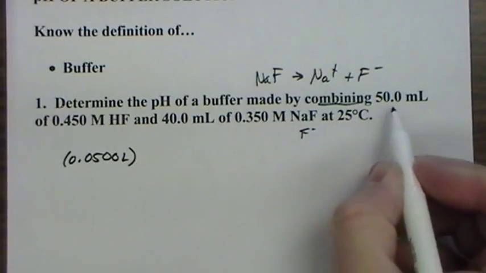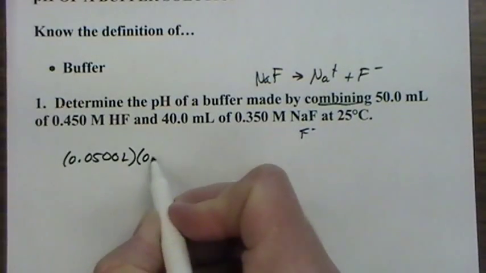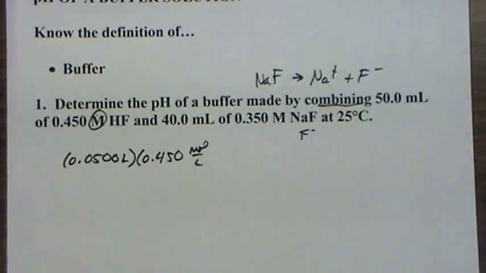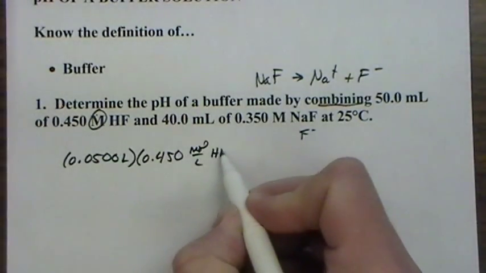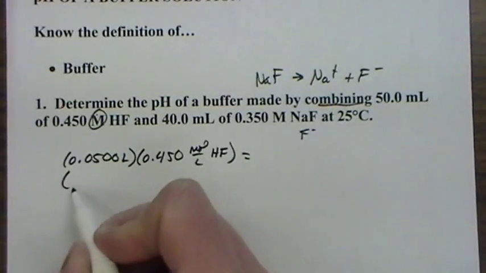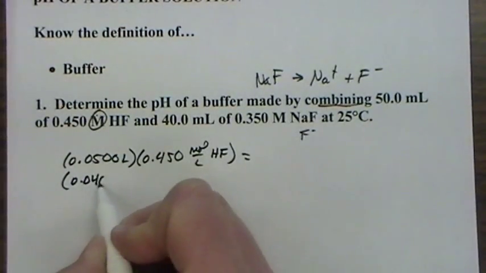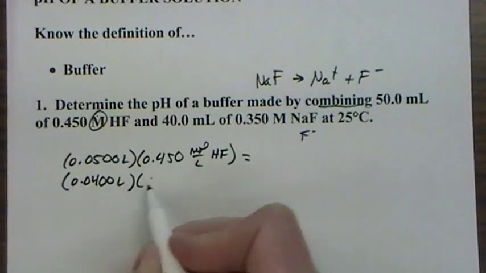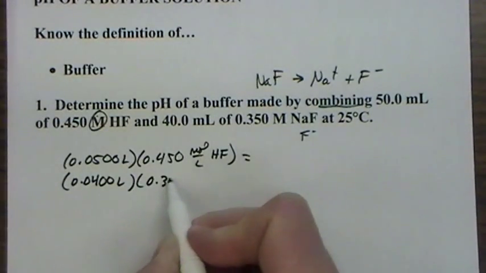So what we do is, we have 50 mL, we have to change to liters because we have 0.45 moles per liter. So I'm always going to take this capital M and change it into moles per liter so you can see the math involved, the canceling of units. 40 mL becomes 0.04 liters, always going to have to change to liters,